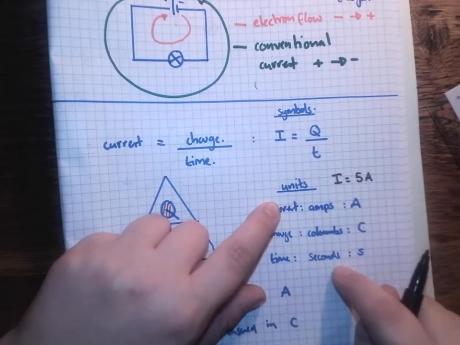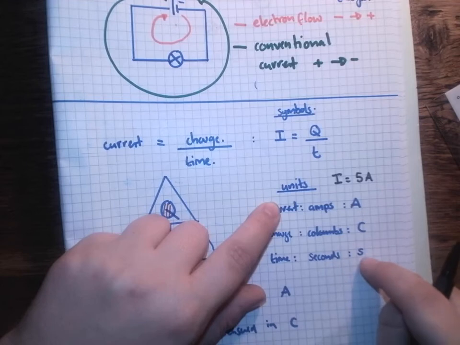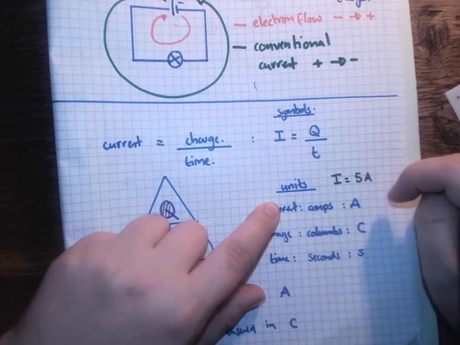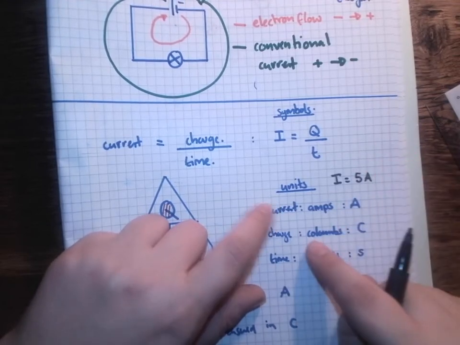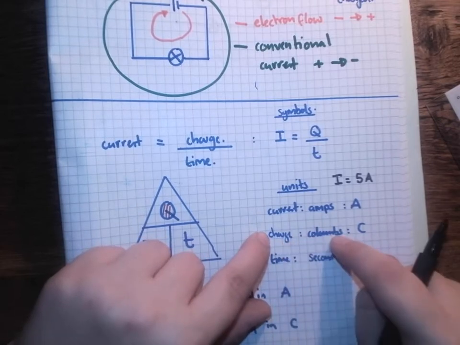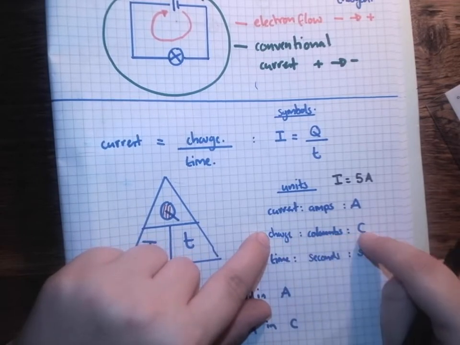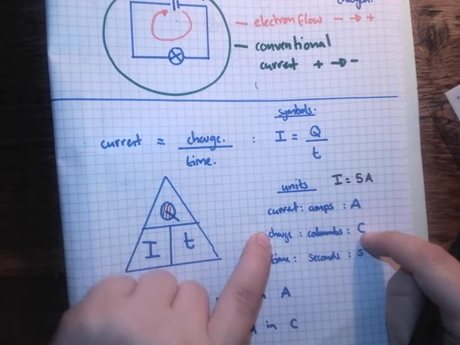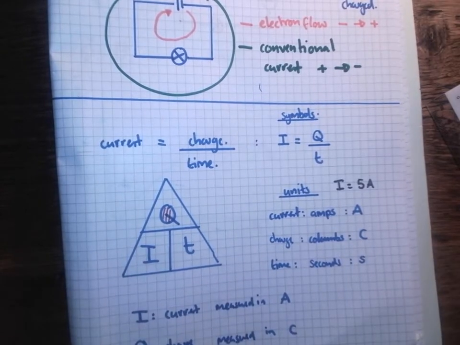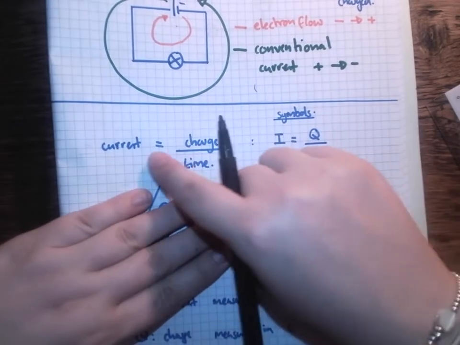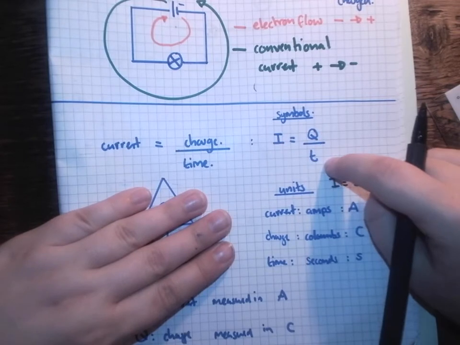Like time is measured in seconds. I wouldn't say it's gone by 5t, I'd say it has 5 seconds. Charge is measured in coulombs, represented by the capital letter C. Again, if we're using this, we can use our formula, I is equal to Q over T,